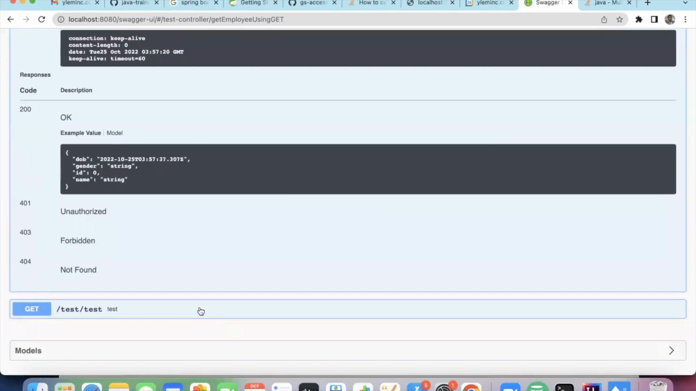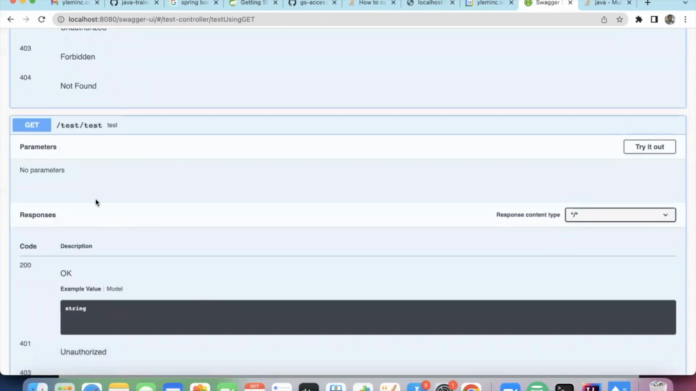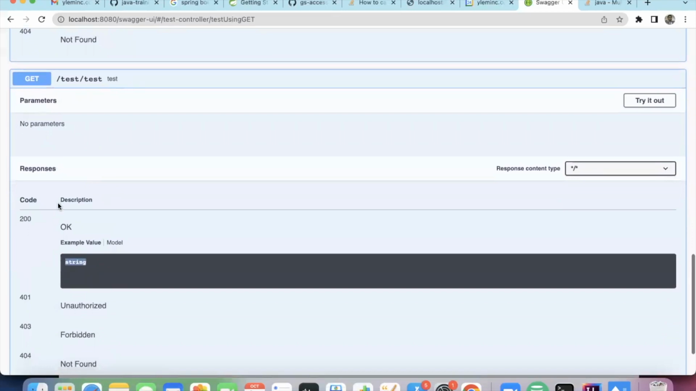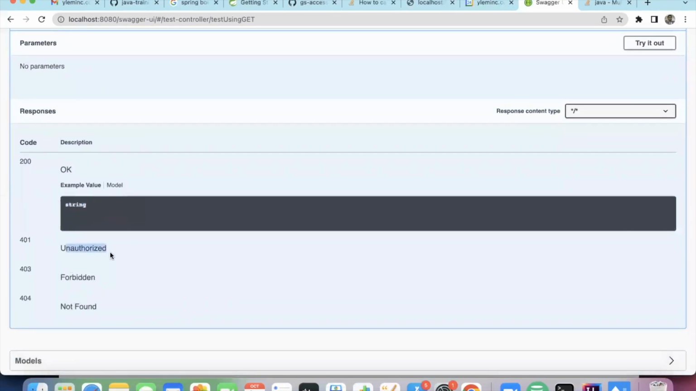If you look into this one, you can see what the endpoint is. Test is the endpoint. If it is okay, you are getting a string response. This is API documentation. You didn't do anything, but everything is done by the boilerplate code, right? So if it is a test, it does not accept any parameters, and